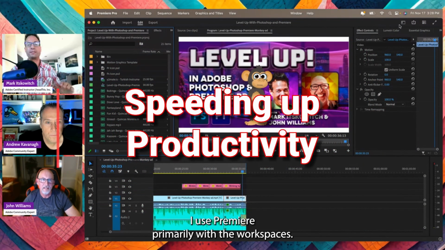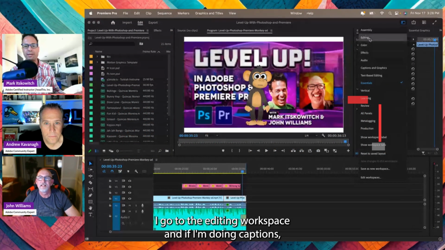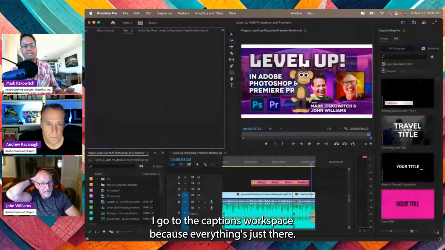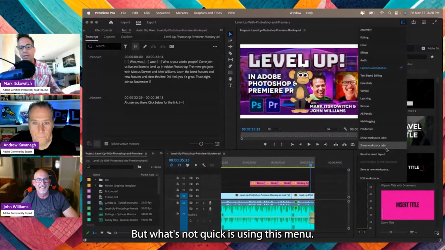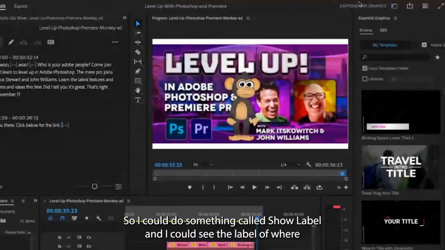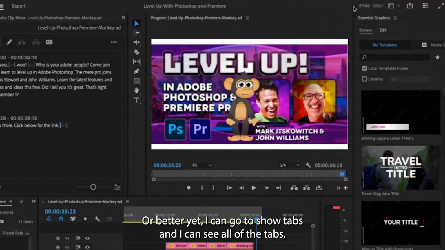primarily with the workspaces. So for instance, when I'm editing, I go to the editing workspace. And if I'm doing captions, I go to the captions workspace because everything's just there. It's just easy and quick. But what's not quick is using this menu. So what I could do is something called show label, and I can see the label of where I'm at. Or better yet, I can go to show tabs, and now I can see all the tabs kind of like